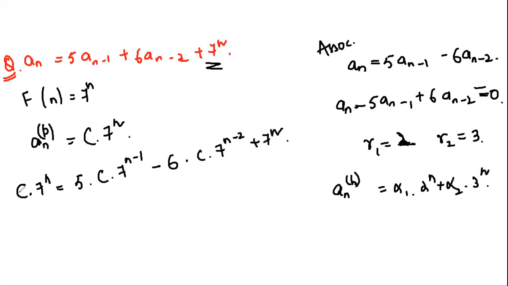Now just divide the entire equation by 7 power n minus 2, how we generally do it. We will get 49c. Here we will be left with dividing the equation by 7 power n minus 2. I am just writing it over here. This is very, very important. So when we divide 7 power n by 7 power n minus 2, we will be left with 7 square, which is equivalent to 49. So 49c, here we will be left with 7. So 5 into 7 will be 35. 35c, or better, let me divide it and show you.